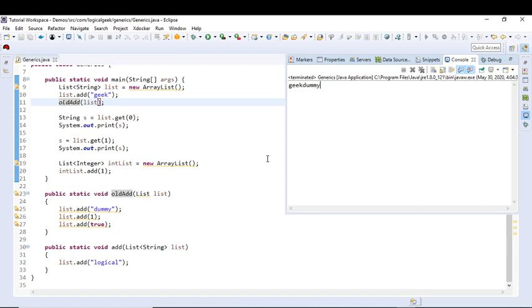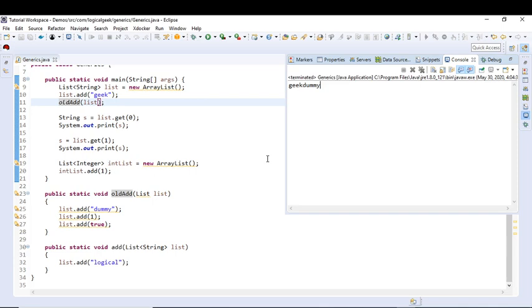Through a process called type erasure, the compiler does all its verification on your generic code and then strips the type information out of the class bytecode. At runtime, generic collections look exactly like the pre-generic version. None of your typing information exists at runtime.